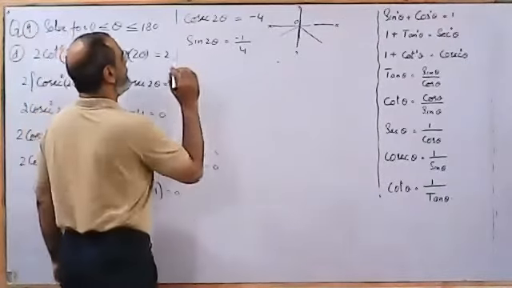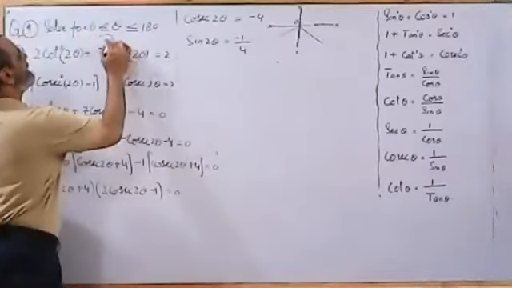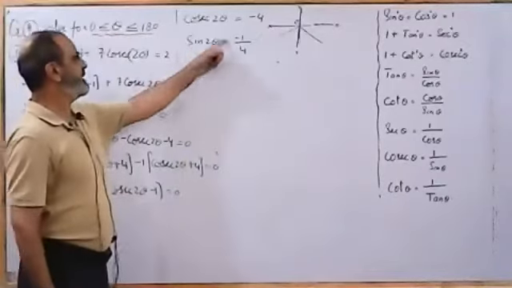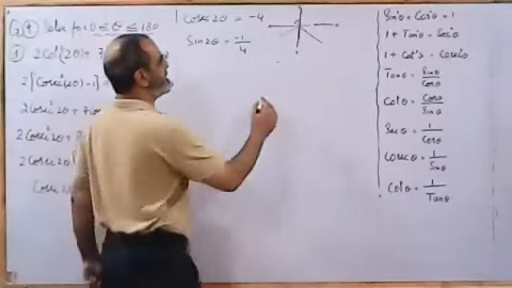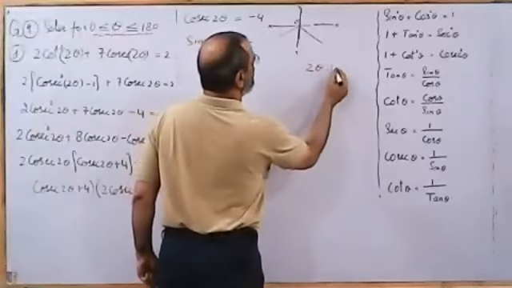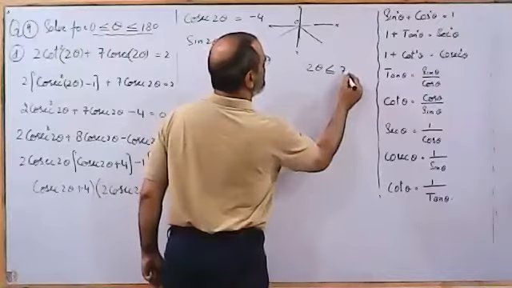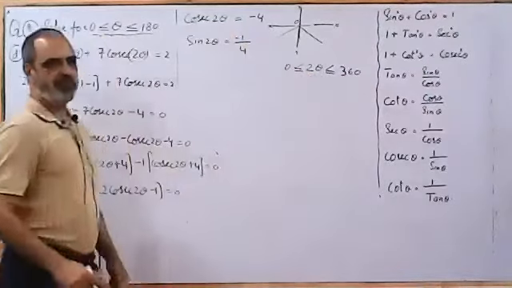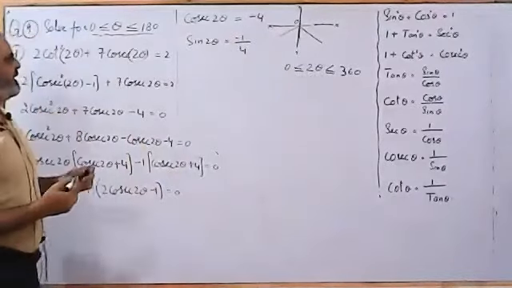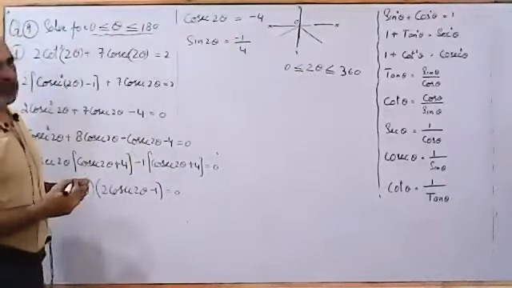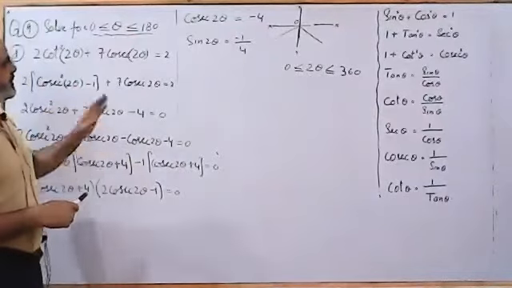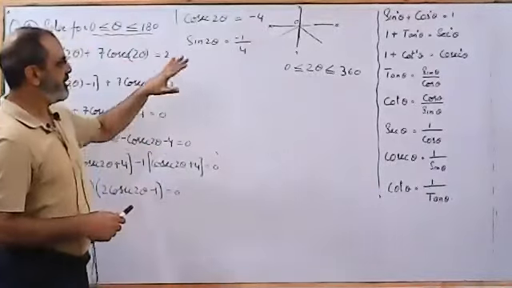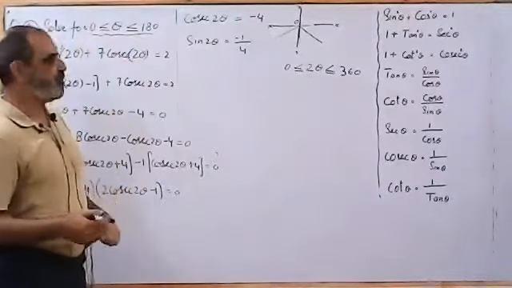Secondly, the range is 0 to 180 for theta. Now our angle is 2 theta. That's why the range has been doubled. In the previous part, the angle was theta, and for theta, the range is 180 degrees, first two quadrants. But for 2 theta, its range is doubled. So now you have 4 quadrants, and you have to find the value of theta in these 4 quadrants.